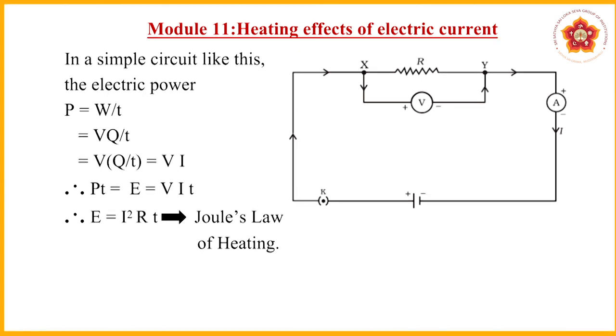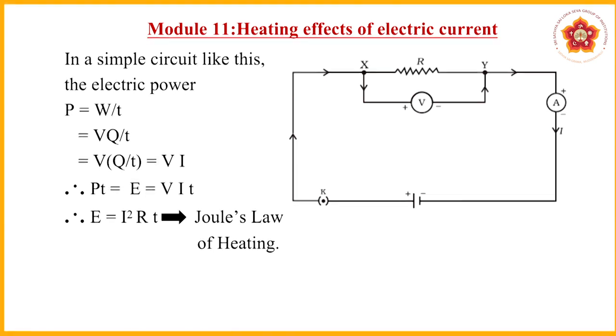In the given circuit, it is always easy for me to calculate the currents. I know the total resistance, I know the current. Therefore, electrical energy will be I square R into T. V is nothing but I into R from Ohm's law. So, V is I into R, and there is an I that is multiplied, I square into R into time. So, this last step that we see here, electrical energy is I square R T.